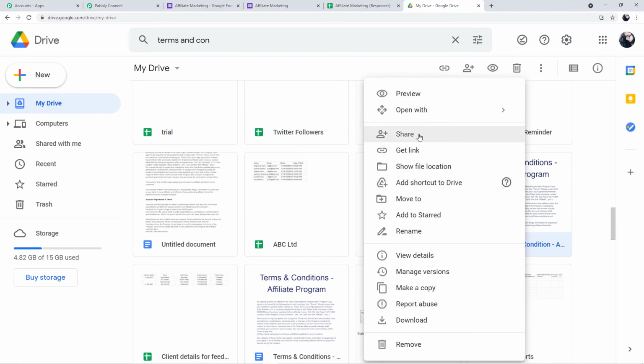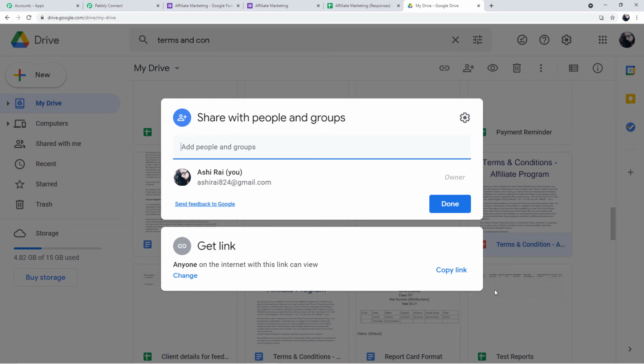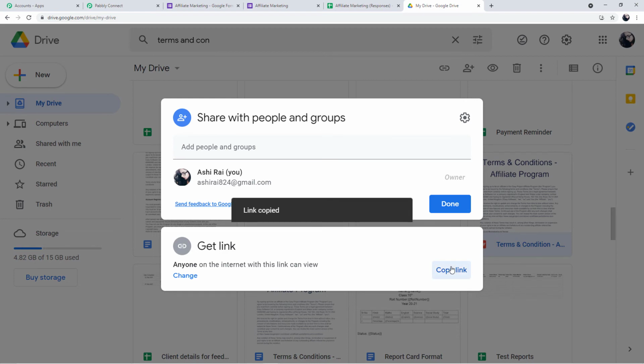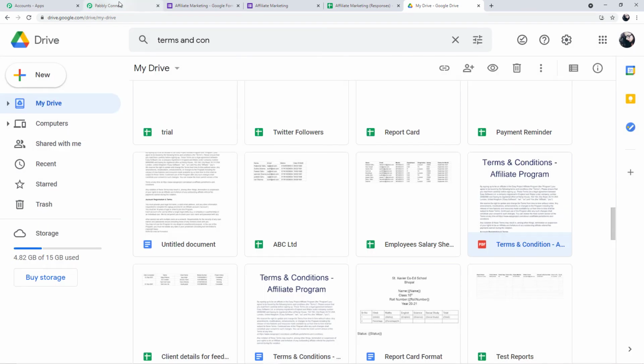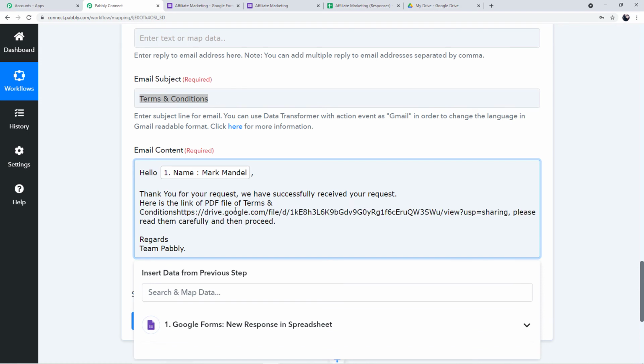Okay, now click on share. So you will get the link of the particular PDF, and now I'll copy the link. Okay, so I have copied the link. I'll go back to my Pabbly account, and here I'll paste the link.